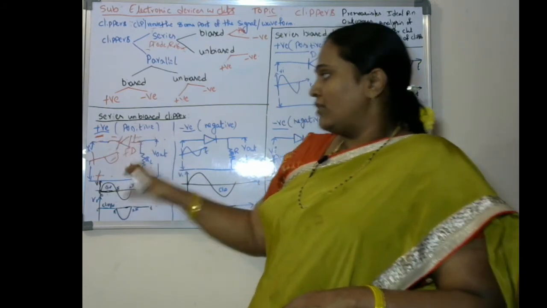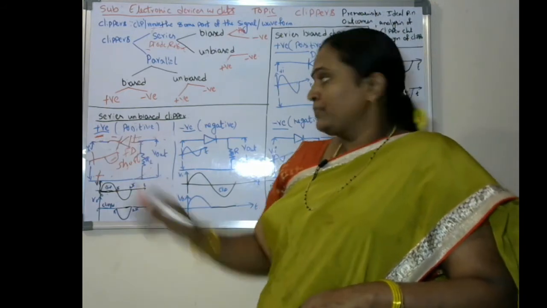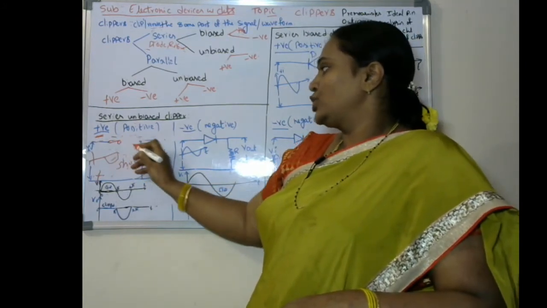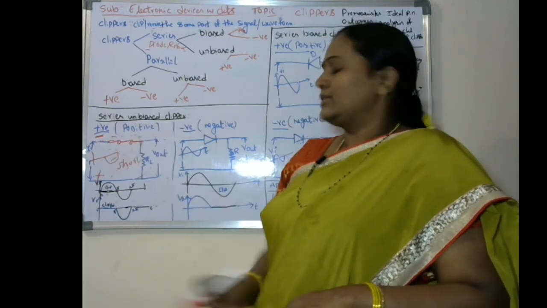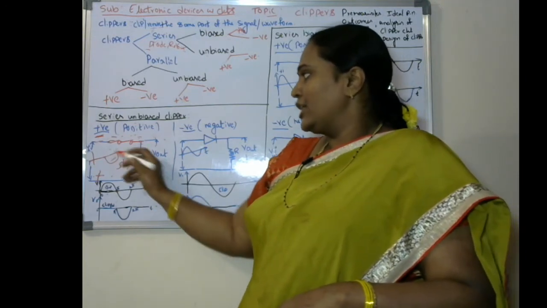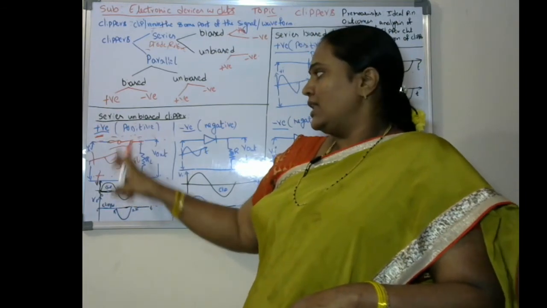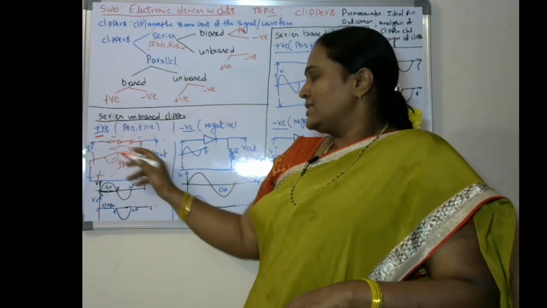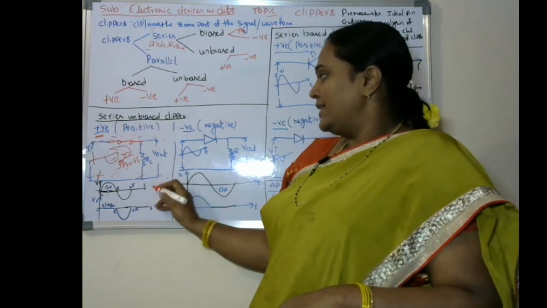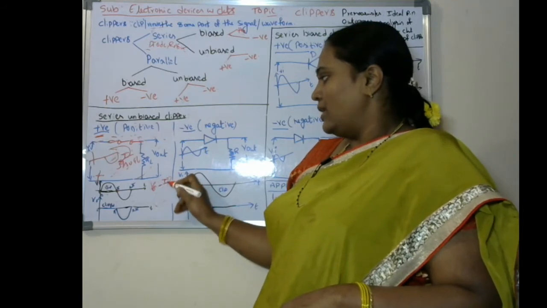When the diode is in the forward bias region, it acts like a short circuit. So now I can replace this diode with a short circuit. So there exists a closed path, and since it has a closed path, the current can flow in this direction with respect to the input direction. So a current is going to be present, and then V naught equals I into RL.